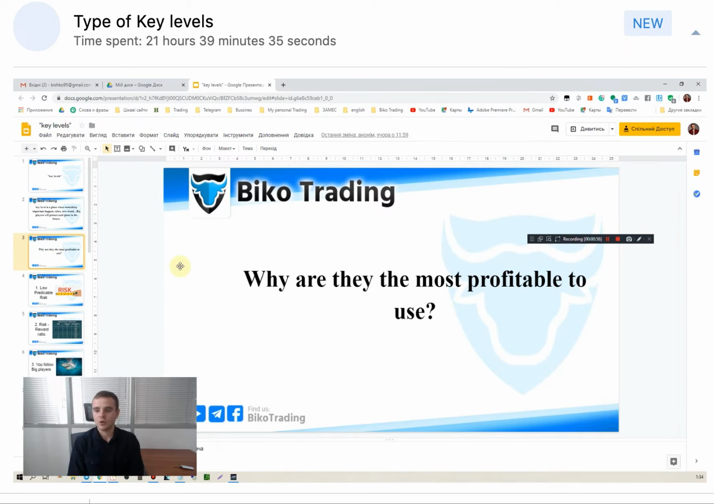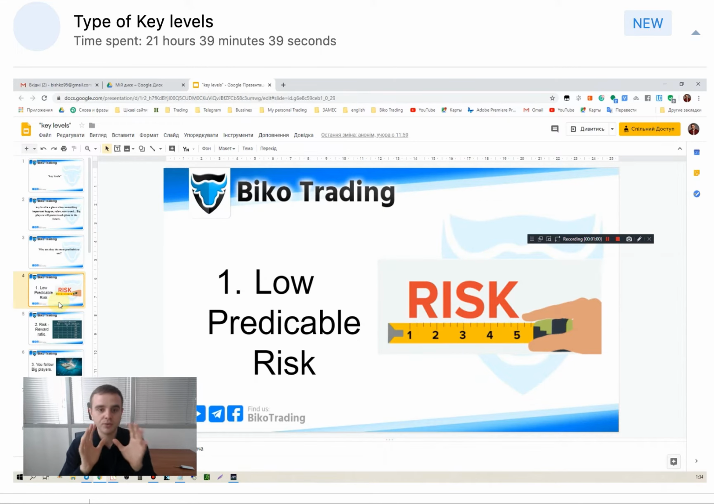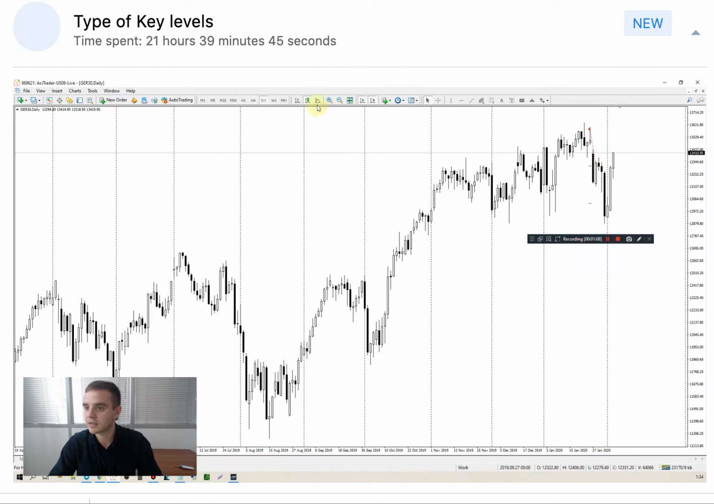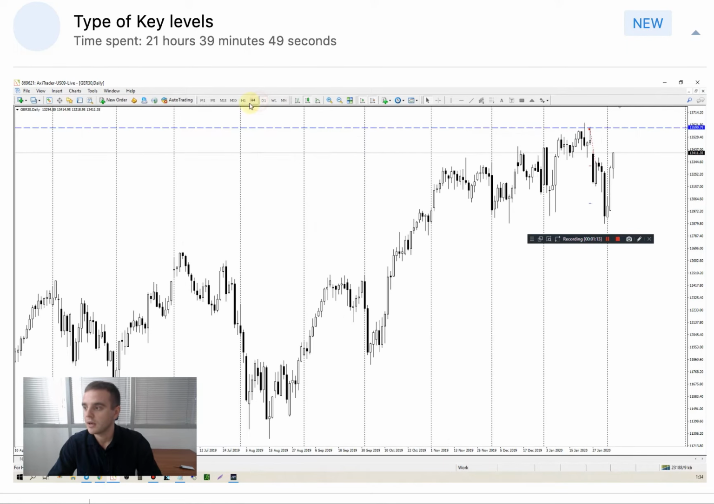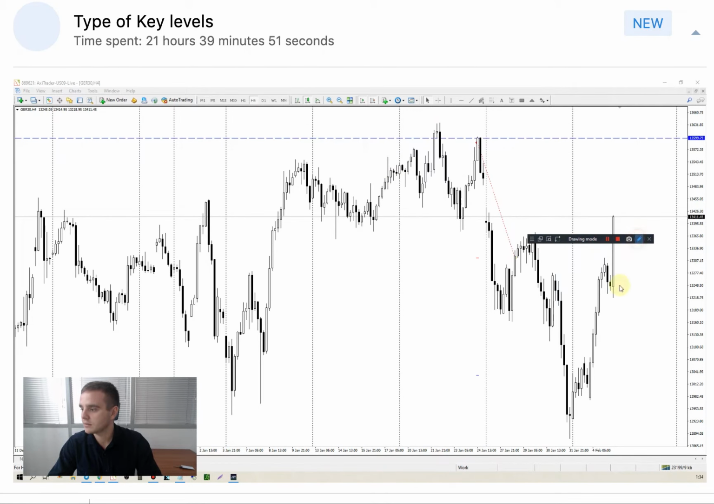Why is it the most profitable to use in your trading? First, friends, the main reason why I use key levels is low, predictable risk. Here is an example for you on the DAX, my last entry on the DAX index. Take a look here. When you open a position near the key level, like I did here, when price made a false breakout of the 2018 high,